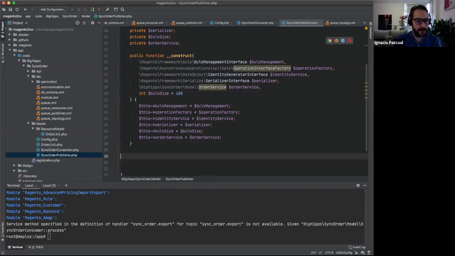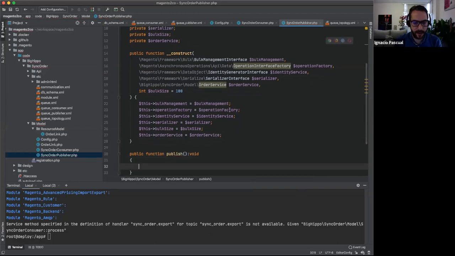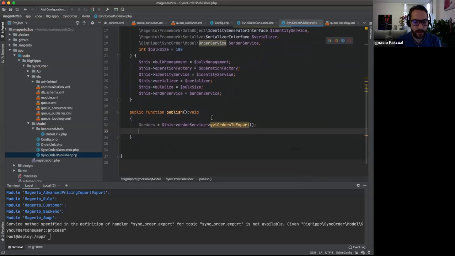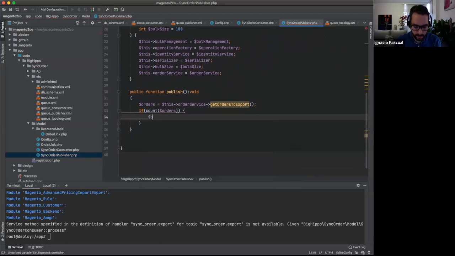All right. So we're going to do this publish function, publish void. Perfect. Now let's do orders. I'm going to pull orders from a specific service. I'm going to create order service, and then I say get orders to export. I'll create that method in a minute. And then here, if we receive orders, if there is any order to export, in that case, I'm going to start creating something like bulk